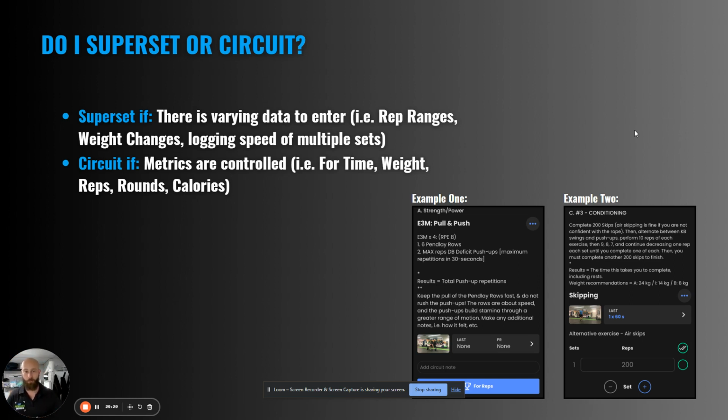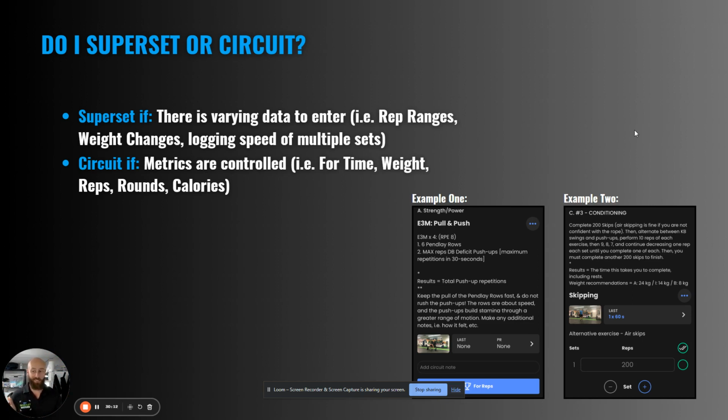instead of like on this one, on the example 1, for example, you can see the Penley row video there, but you would need to scroll. Oh, sorry, on the example 2, which is the superset, you can see the skipping, but you would need to scroll down to see the kettlebell swings and the push-ups. Whereas on example 1, you can see the whole workout. So it condenses it so that on one screen I can view it. There's also nothing to change, so I can have that as a circuit. On example 2, it's much more spread out, but I've got all the information up there at the top. You can see the 1 asterisk thing as well. So we make sure we follow the same rules and guidelines there.